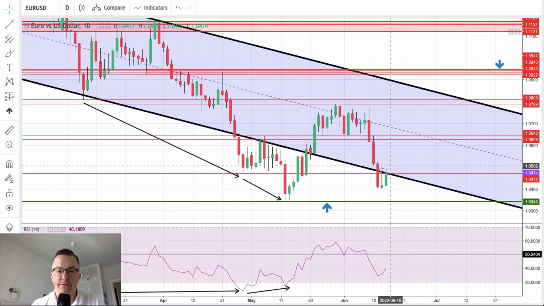sustain. Basically, it doesn't look like a sustainable movement, and if there is a higher than expected hike, not towards the 0.5% but higher, then of course the euro dollar will drop like a stone and people will be buying American dollar. Euro will go down, American dollar will go up,